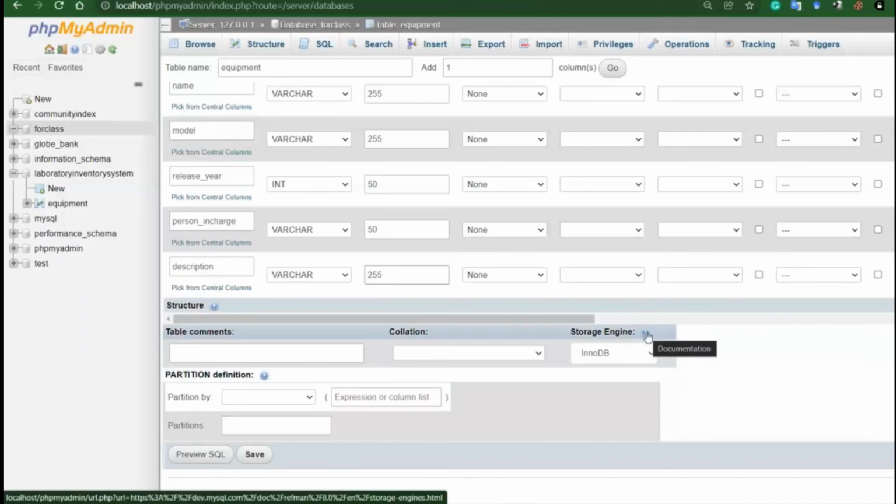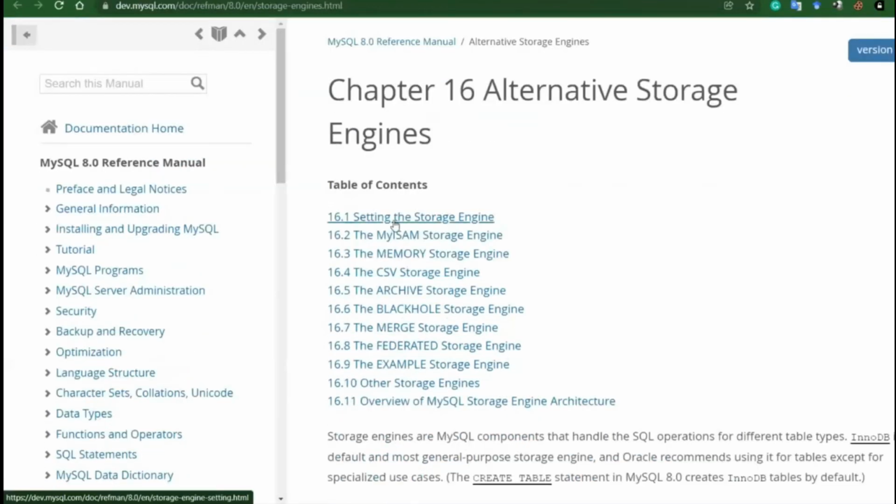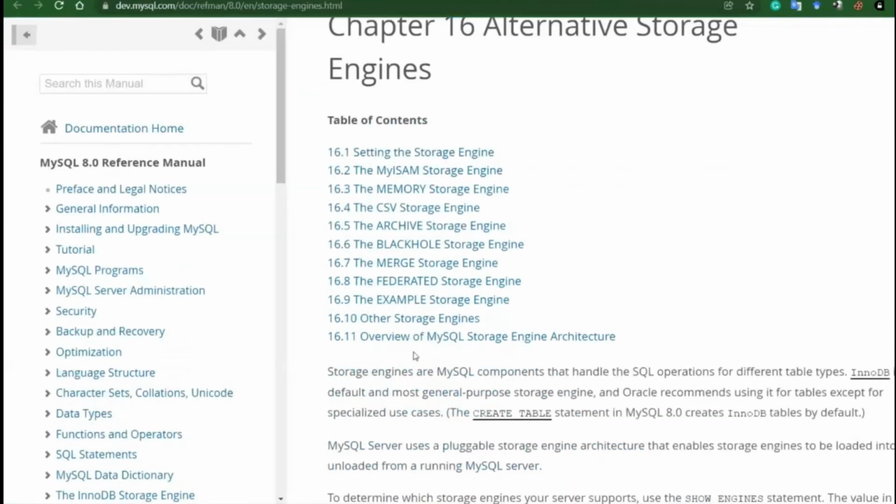help button, it will lead you to the documentation, and in the documentation there are a lot of details. Here you see all the engines which are available in MySQLi, and every engine has pros and cons. Simply, an engine is software which manages all the operations on this database and on the table. So we are not going into much detail.